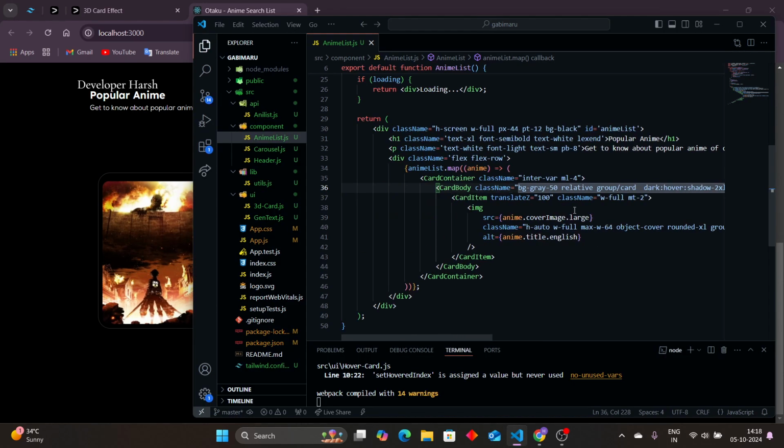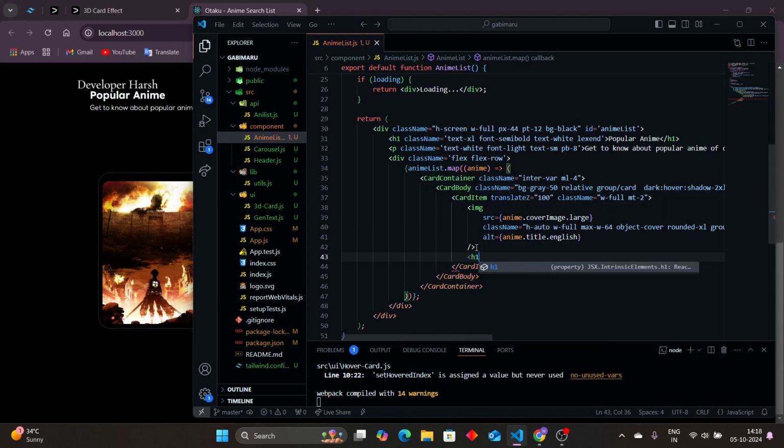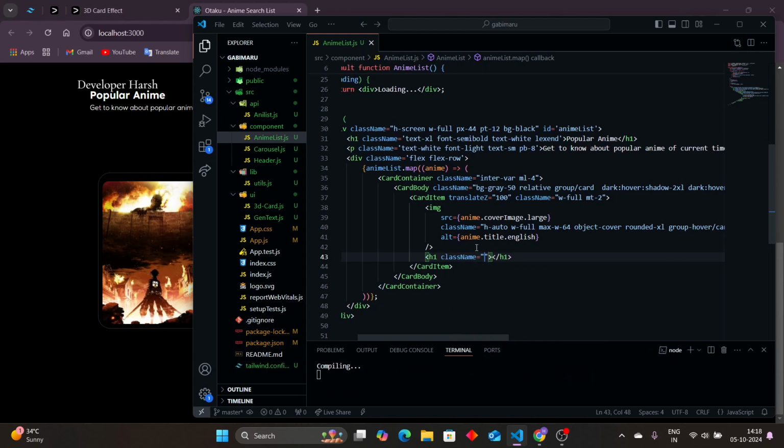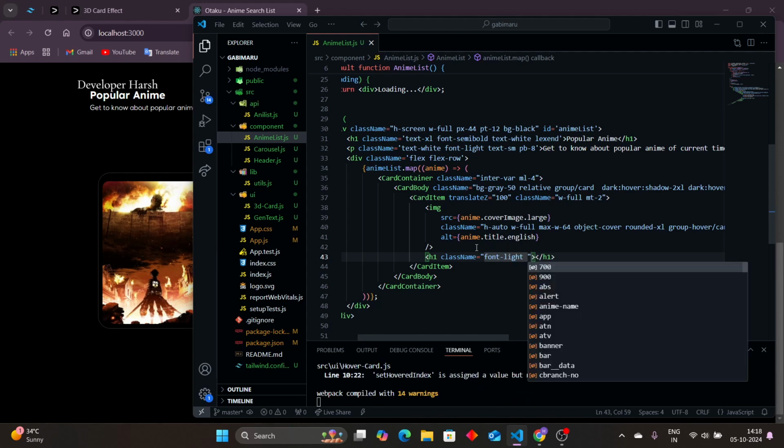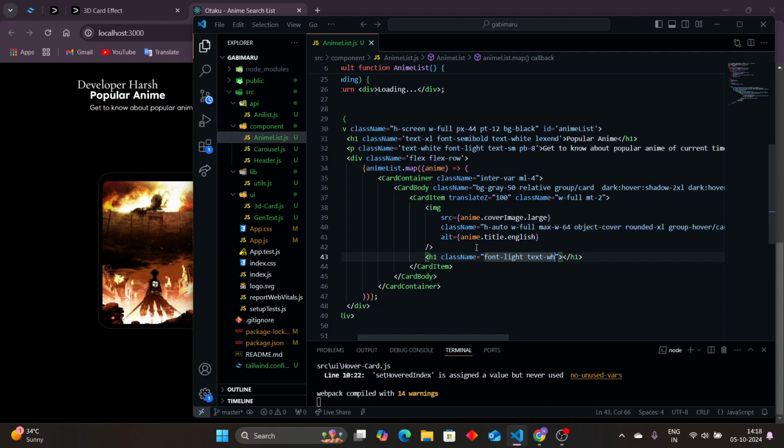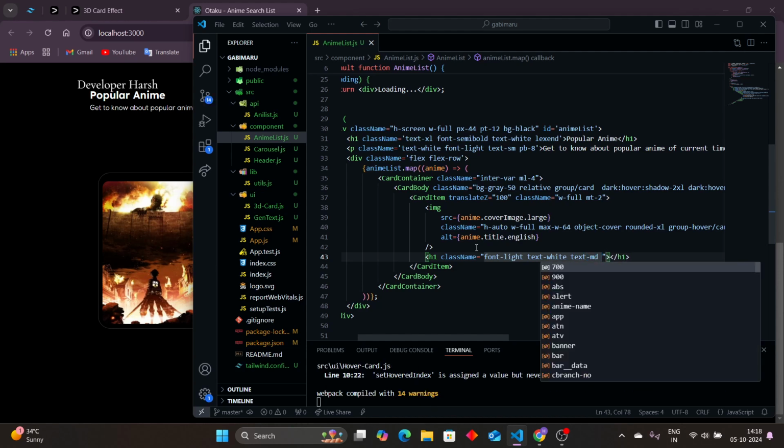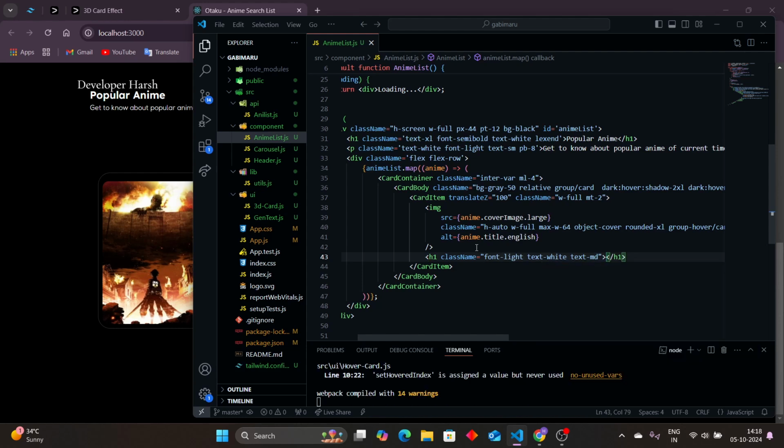Okay. So now, as here, everything is same as we did. It will be light and text will be white, text empty, and okay. And now here,